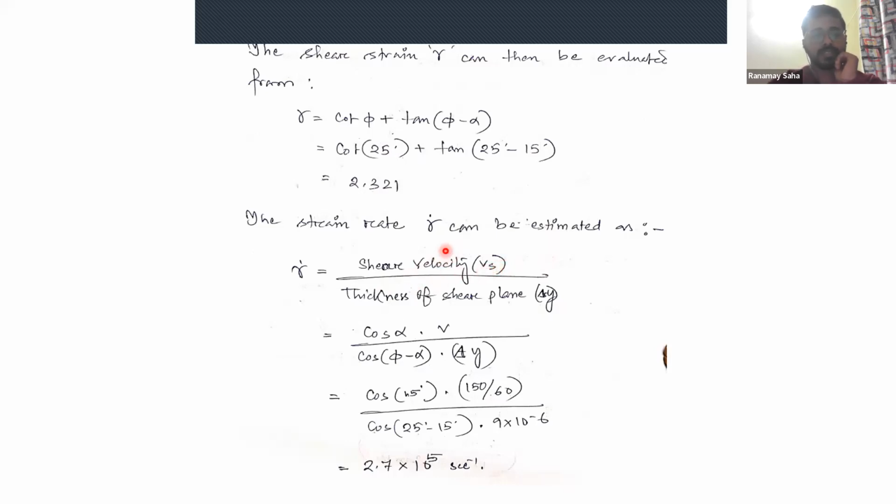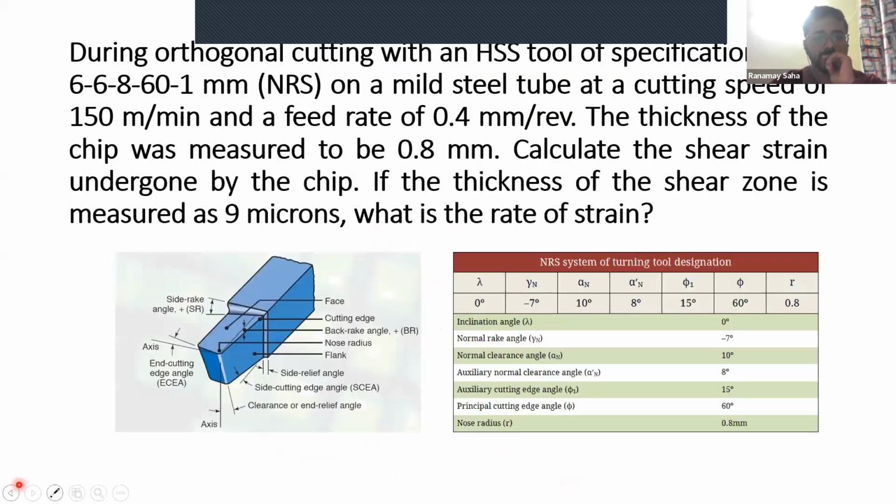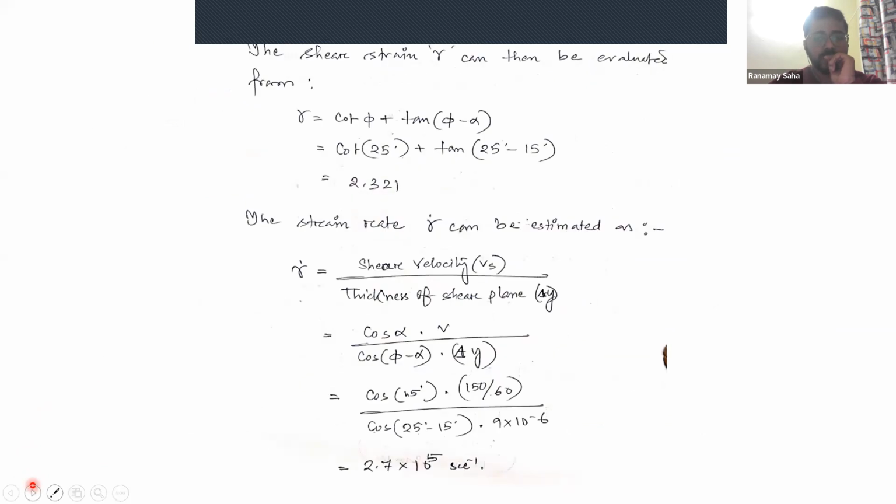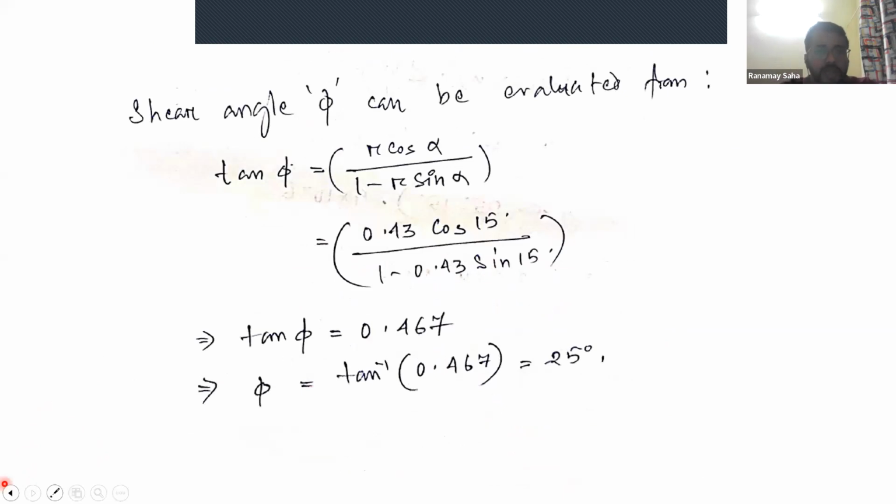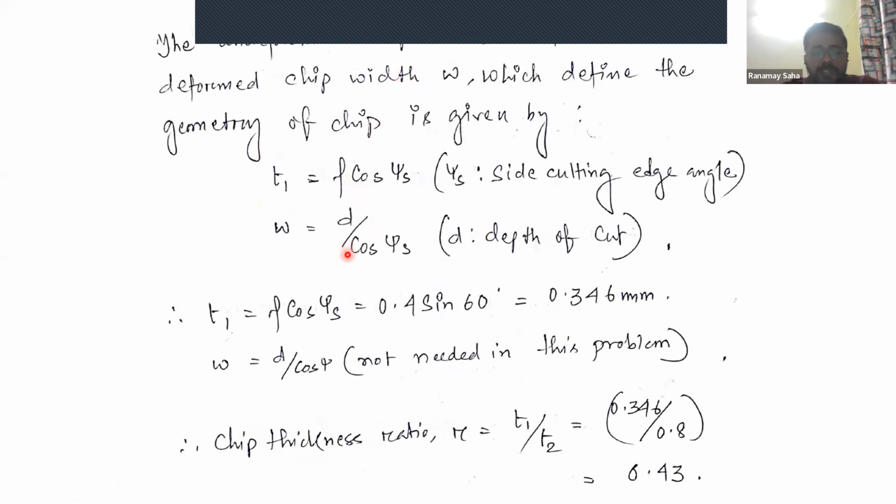So the shear strain rate is given by the ratio of shear velocity and the thickness of shear plane, which is given in the problem to be 9 microns. So you plug in the shear plane thickness as 9 times 10 to the minus 6 meters, and the shear velocity, which you can find in terms of cutting velocity, because cutting velocity is given here